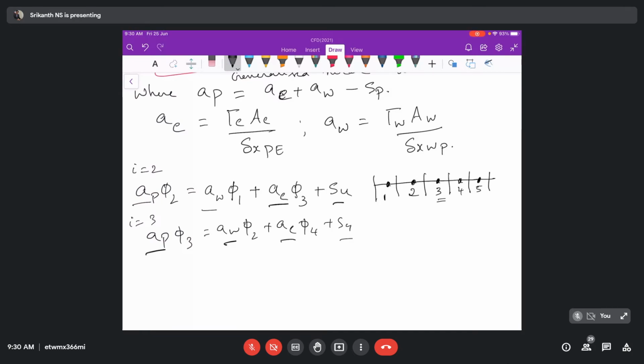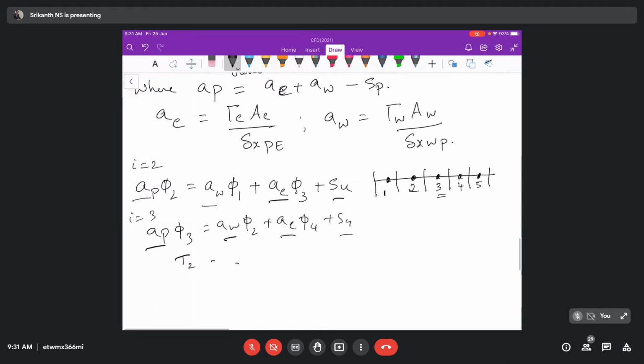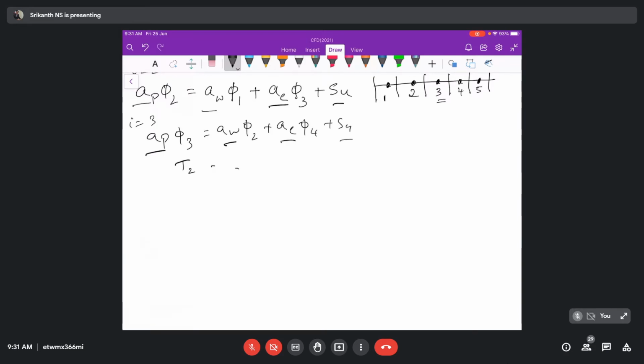So in place of phi, if I have temperature, it is just T3, T2. So you are going to get a set of linear equations. Finally you will be ending up with what? Set of linear equations. Okay, that is what our next step. Solution of equations. You write the last step, solution of equations. I hope you have got it, how we are doing it.